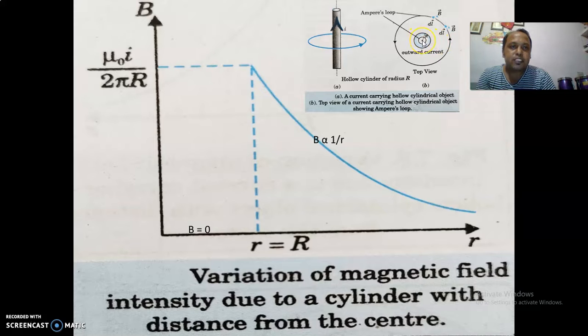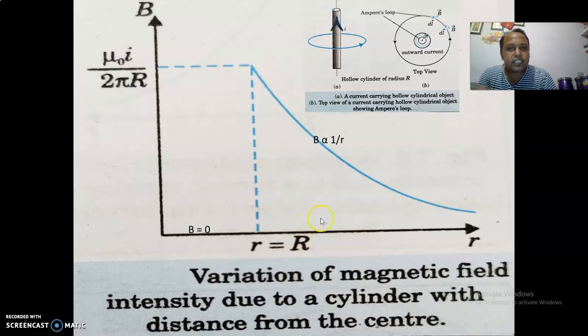So from this point, which is the center of the hollow cylinder, as we move outside the value of r increases. So here the value of small r is taken along the x-axis, and along the y-axis it is the magnetic field. Now we know when the small r, that is the point, is inside the cylinder, since it is hollow from inside, the value of magnetic field is 0. So at this we don't have any curve,